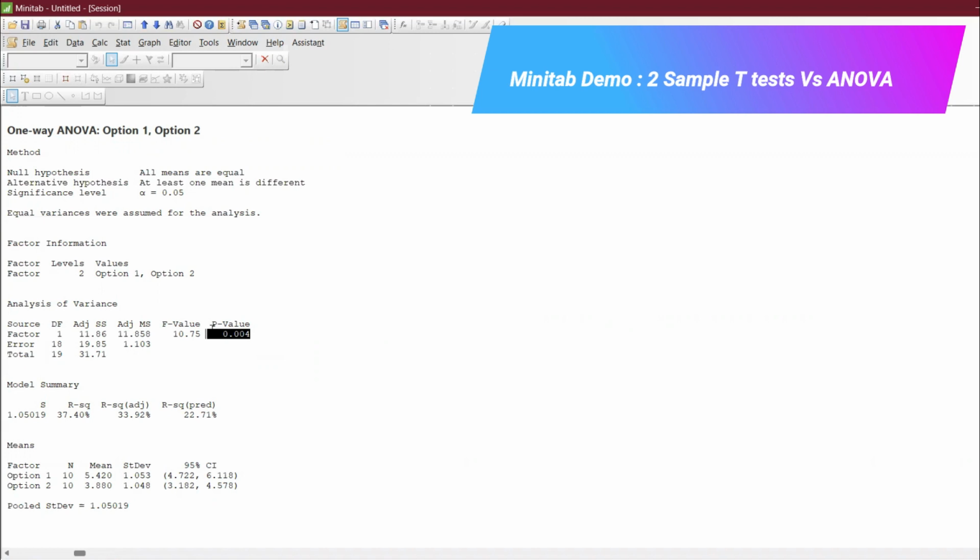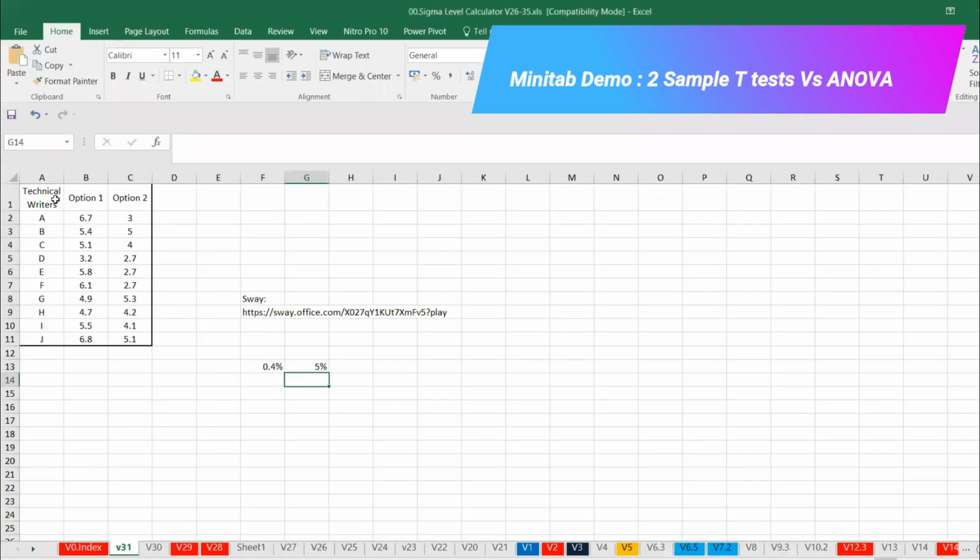So ANOVA gives a better option. Use ANOVA, because you can use it even for more than two groups. For example, if you have option C, a third option, or a fourth option, you can definitely use ANOVA. So ANOVA has an edge over the two-sample t-test. Now I'm going to create the same thing in the Data tab as well. I will take this data,